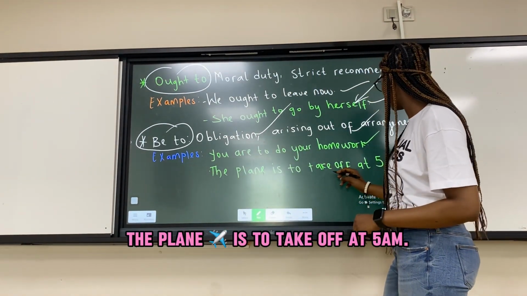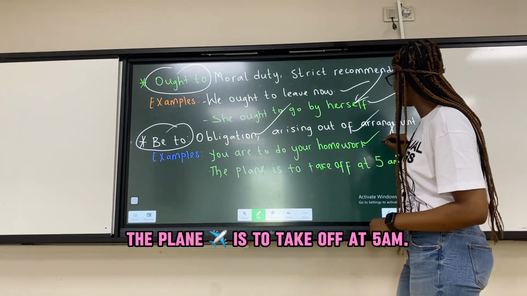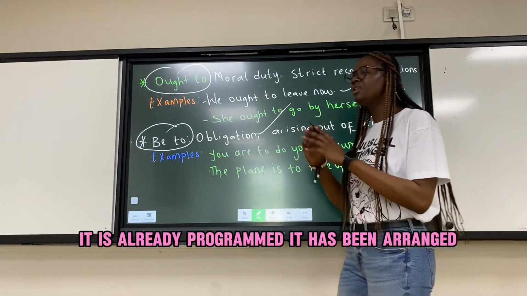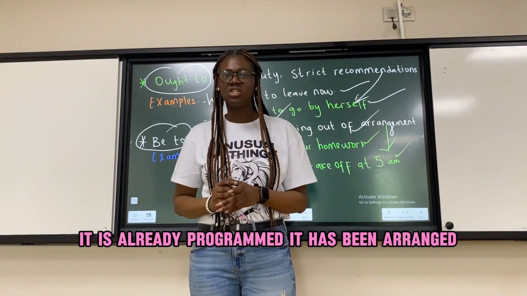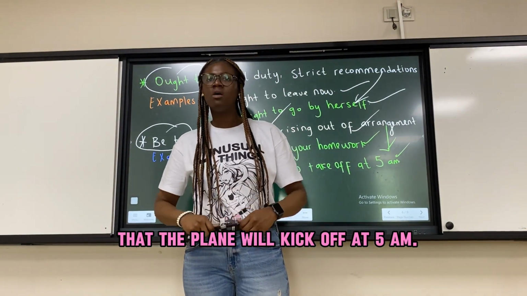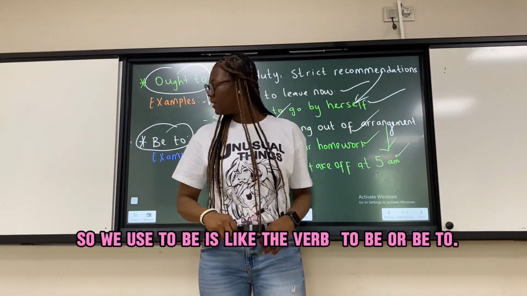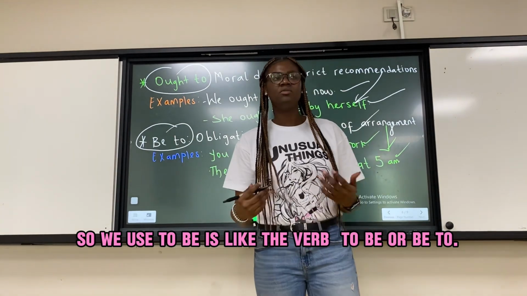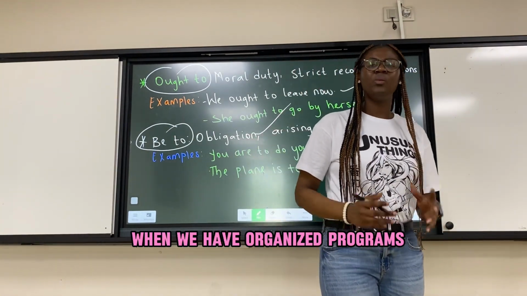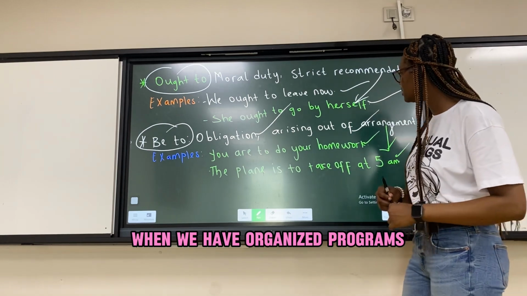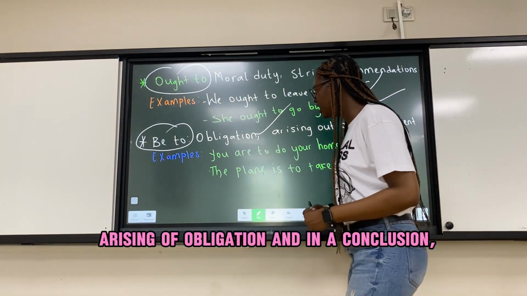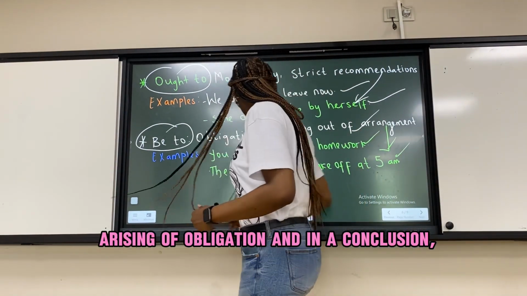The plane is to take off at 5 a.m. This is an arrangement. It is already programmed. It has been arranged that the plane will kick off at 5 a.m. So we use to be, it's like the verb to be or be to when we have organized programs or obligation. And in a conclusion,